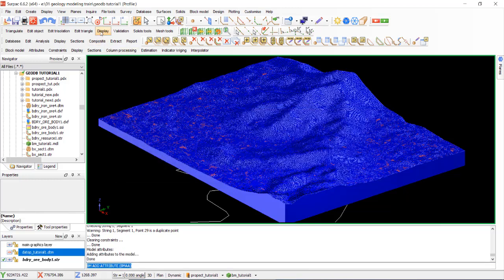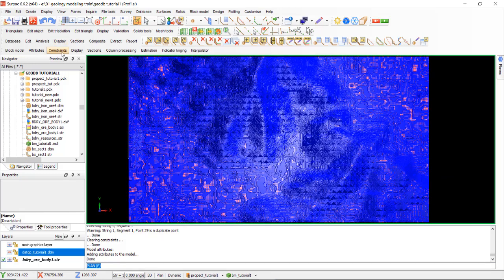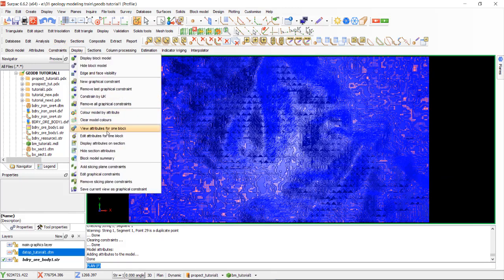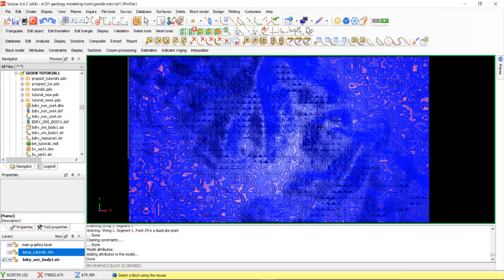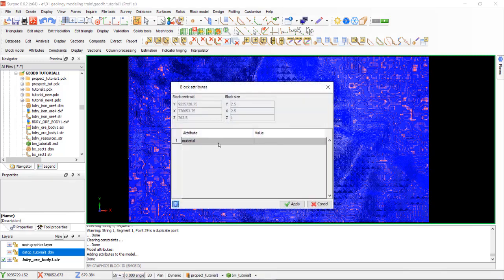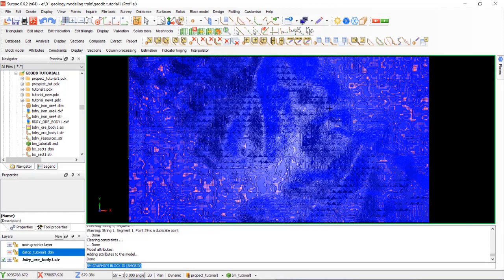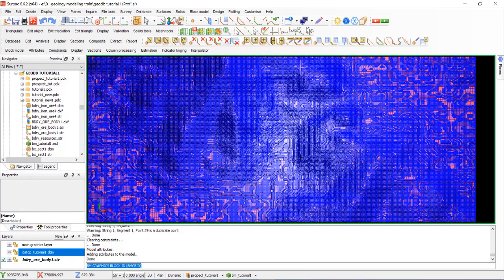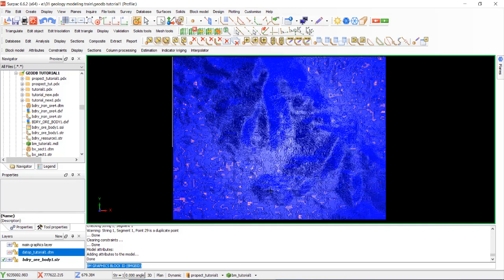Okay, check the view attribute for one block. Check for this block. No data for lithology. We must input from the material attribute for typical lithology or by assign value.